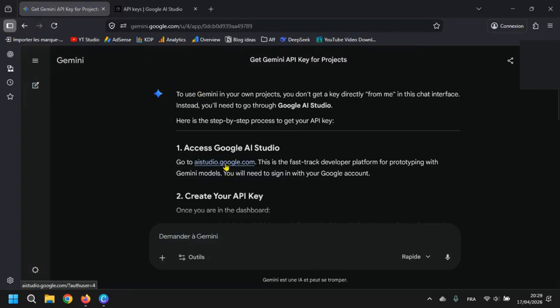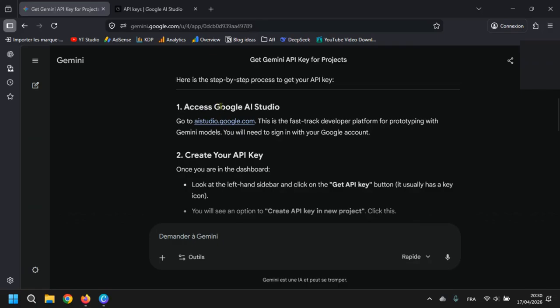Today I will show you how to first get a Gemini API key and how to use it, but not that much. I will just tell you how. And this will be with the help of Gemini itself. As you can see here, I asked it how to use Gemini in my own projects and get the API key. So the steps are, first of all, we need to open